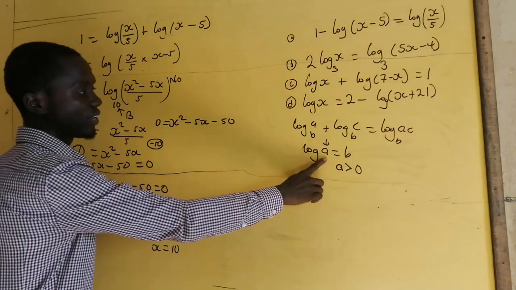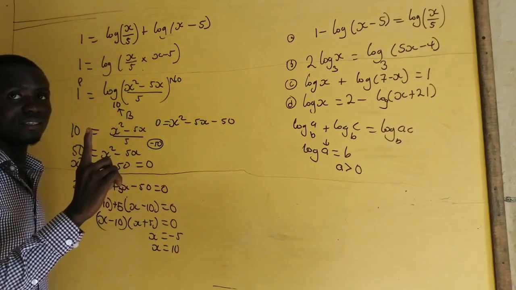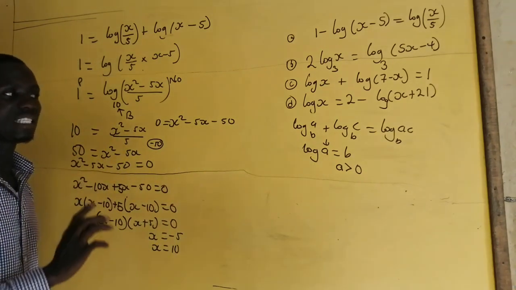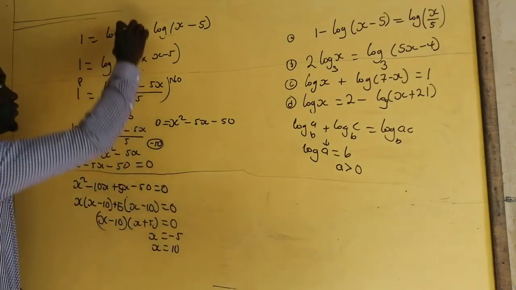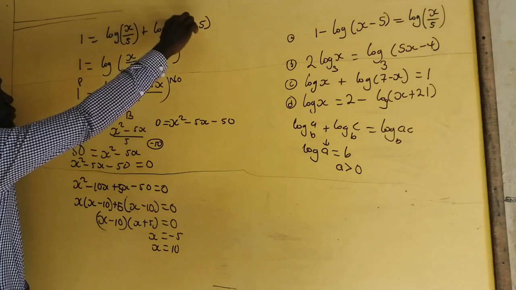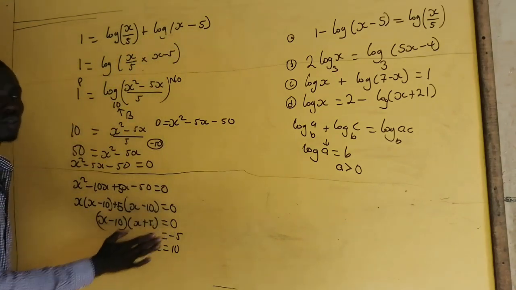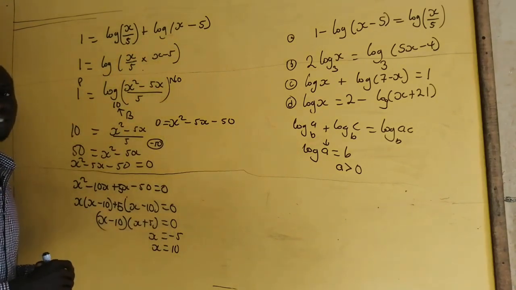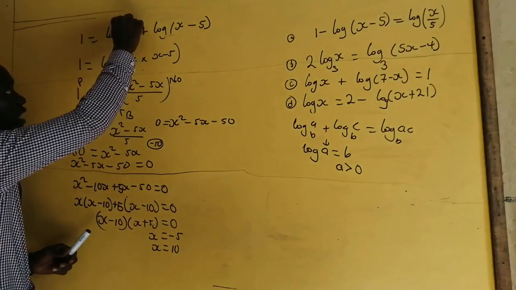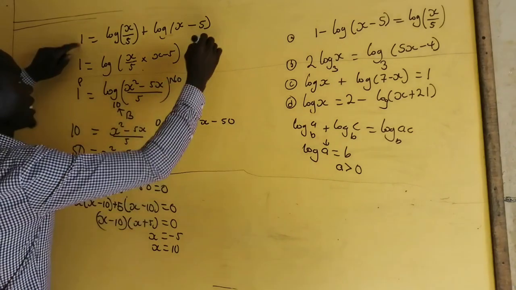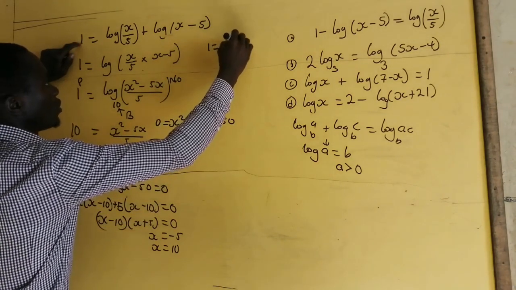We don't have log of a negative number. So if we put any of these roots here and we get a negative number, then that root must be discarded. So let's see. If I put here minus 5, I'm going to get here 1 equal to log of minus 5 divided by 5